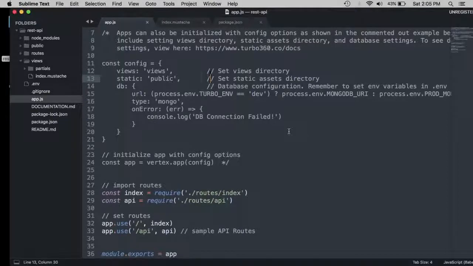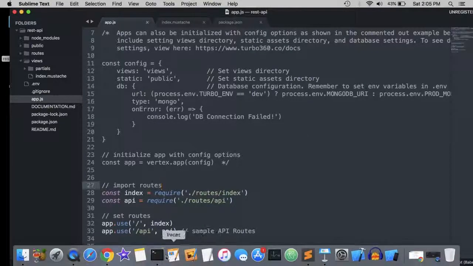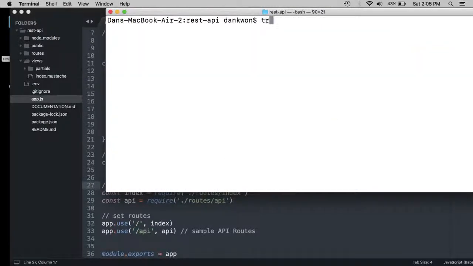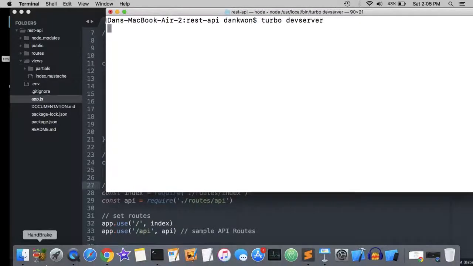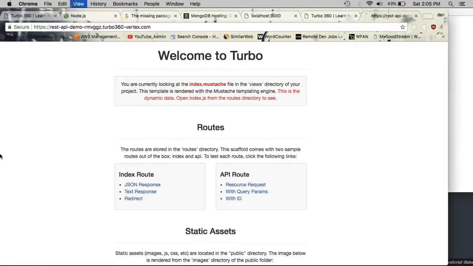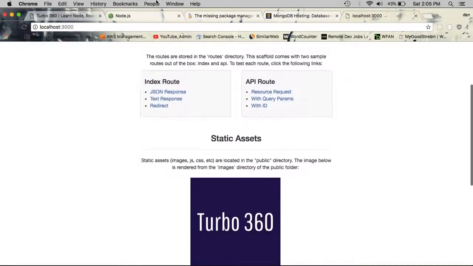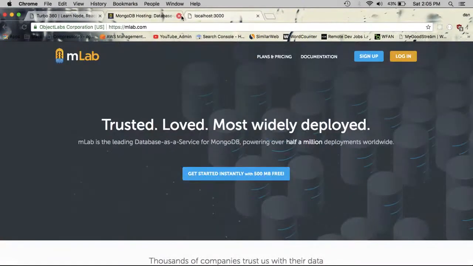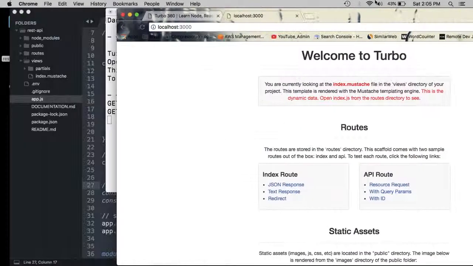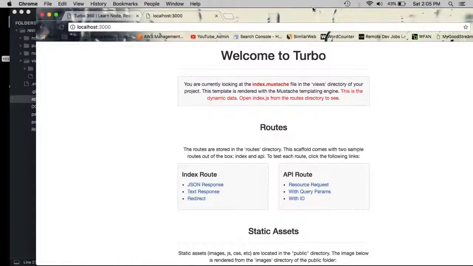So let's get started. Here is where we left off in the previous video, and here's my terminal right at the end of the deployment. I'm going to run the dev server again locally just to make sure everything still works. Okay, so here it is on localhost 3000. Here we go. So everything still works, and the important thing to understand here is how this request is being returned from our